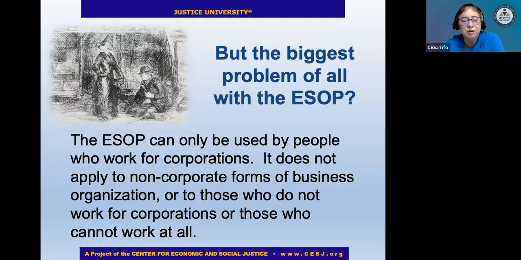But the big problem with the ESOP, and why the ESOP alone is not going to be able to transform our economy, is that it's only designed to benefit corporate employees. So all the people in the public sector, most teachers, people who are unemployed, people who are retired, children, disabled people, none of those would be covered if they're not corporate employees. They're not going to be able to participate through the ESOP. So we need some more universal means of spreading ownership.